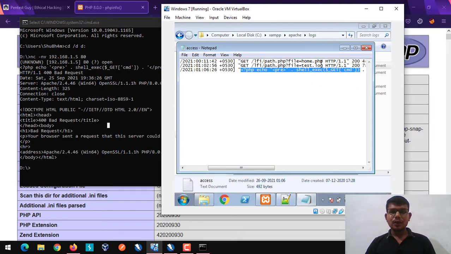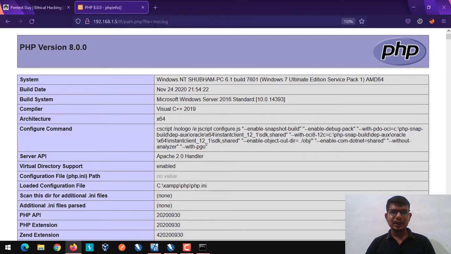And if we are able to include this log file, in whatever scenario you have, you can perform remote code execution, that is RCE, simply.